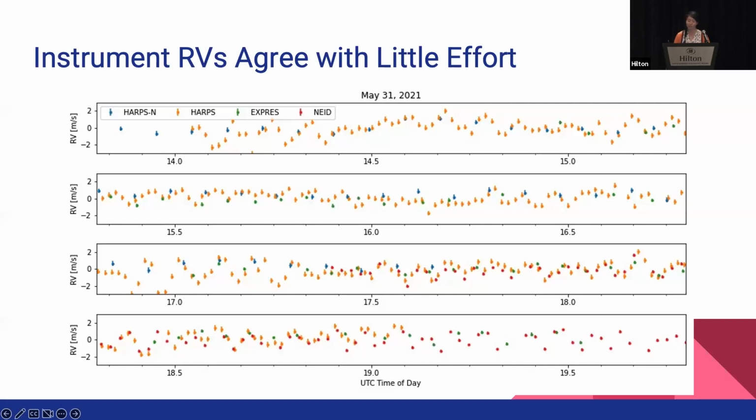And here I'm showing just one day with all of the observations, unbinned, just as they came out from the data pipeline. And so you can see, for example, HARPS in orange has this 1 minute cadence, and so you see them much more often than HARPS-N, for example, which just has one every 5 minutes. But even without the binning and building the signal to noise, you can see a lot of the same patterns. These p-modes that got averaged out when we binned to 5 minutes are present and agreed upon between the different instruments, which is to say the instruments are agreeing very well, as I mentioned yesterday.